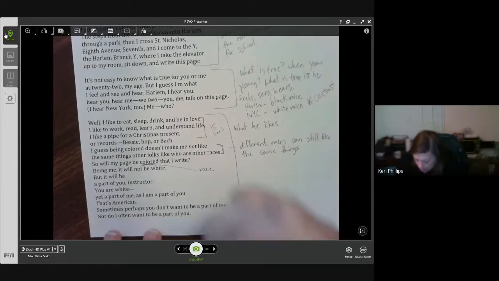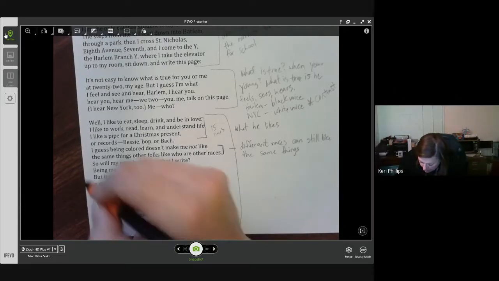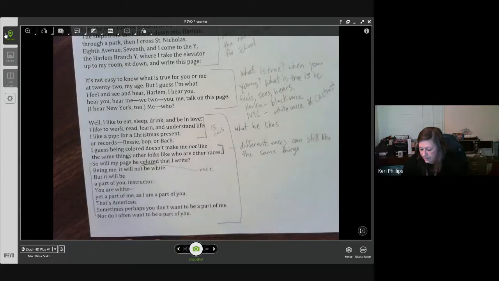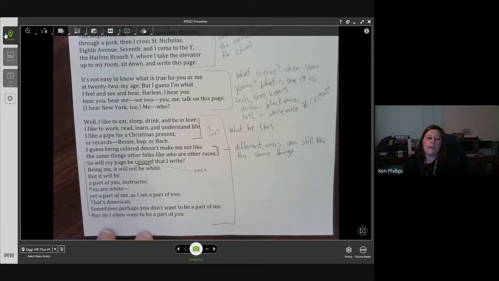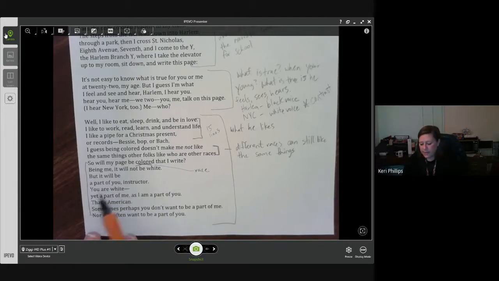So this whole section here is different than the first section. The first section is very surface, just like what we see on the outside. Oh, here are the things I like. And then just because I'm black doesn't mean I don't like the same things as white people, but that doesn't make me white. And so then it shifts. There's a change here. And this is a good question. Like, will my page be colored that I write? And so a way to say that in a different way would be,